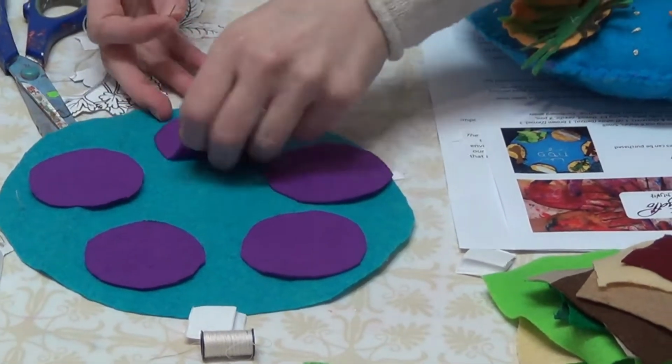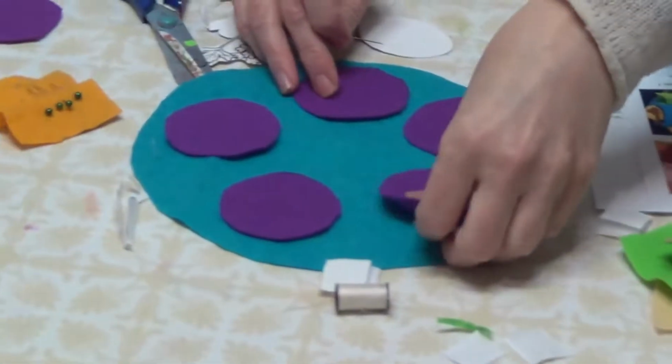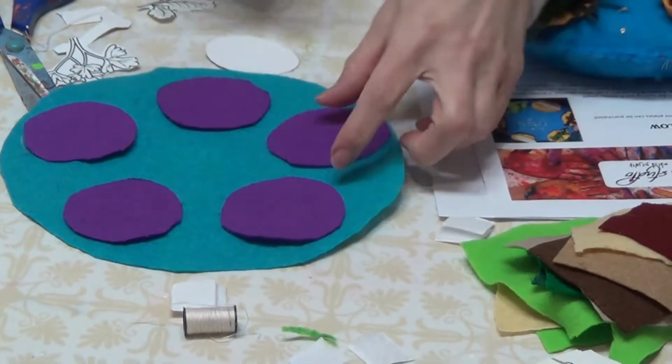And from the back, and remember, you're only working with one layer. Our back layer of our pillow is over here. We don't want to accidentally sew it shut before we get anything ready. Okay, so now you can just go straight through and sew it,